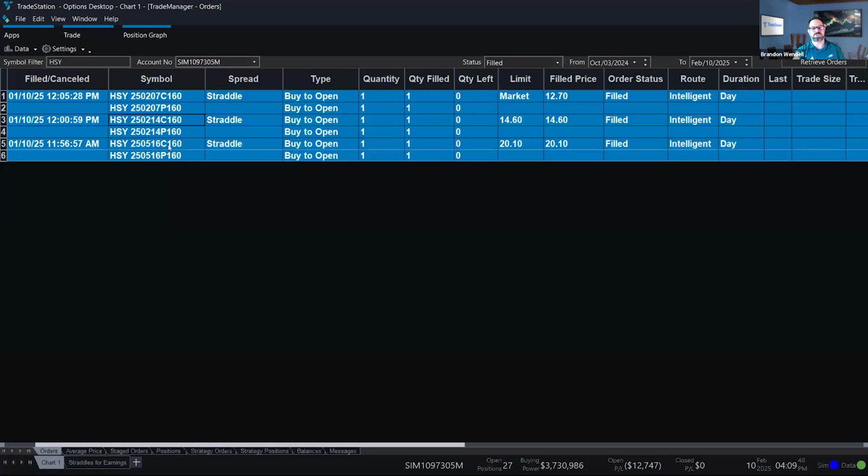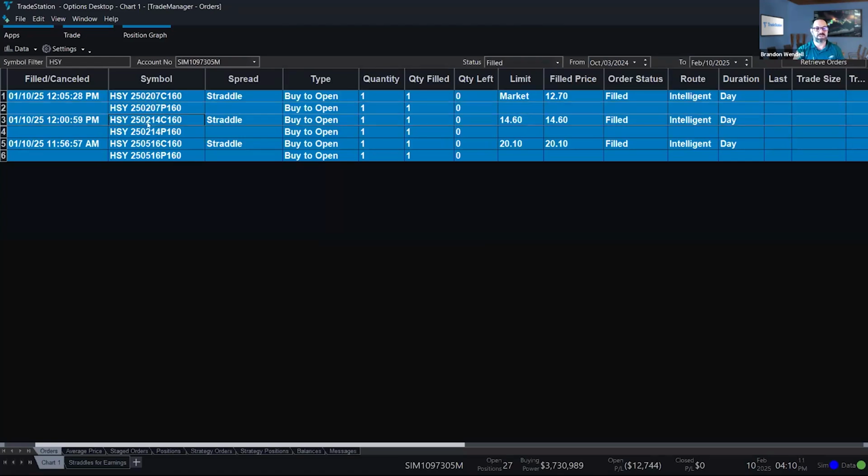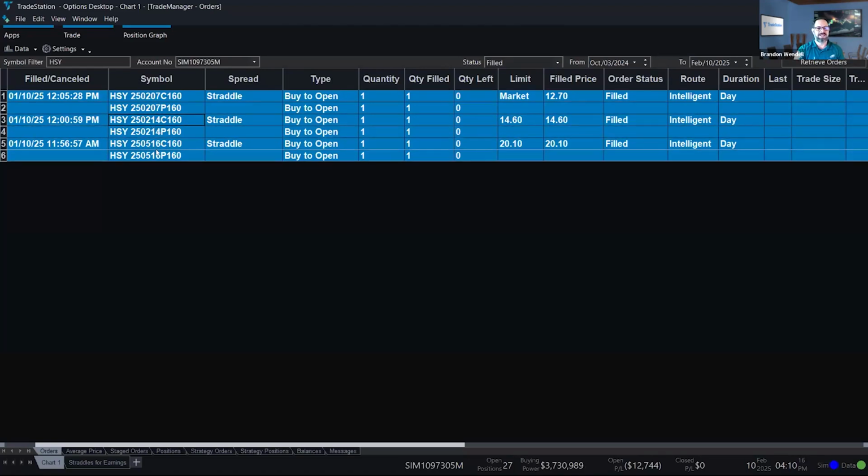The reason I did this was I also chose the same strikes with different expiration dates. The way the expiration dates are shown, if you're not familiar, is the year, then the month in 2 digits, and then the day in 2 digits. So we have 25/02/07, so that's the 7th. Basically, that was the day after the earnings release. Those options expire on Friday, the 7th of February. Then we have the 14th of February. These ones expire this week. And I went out to May 16th.